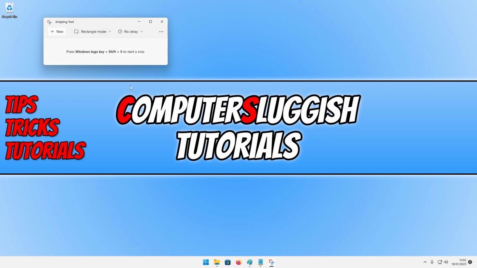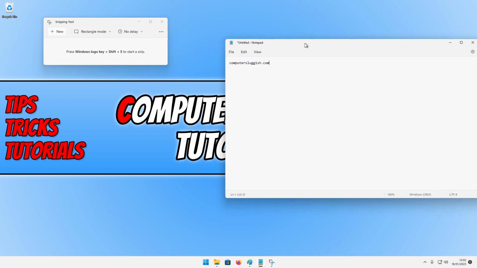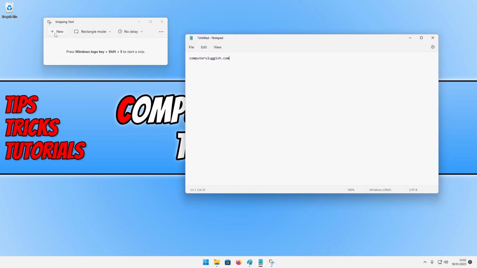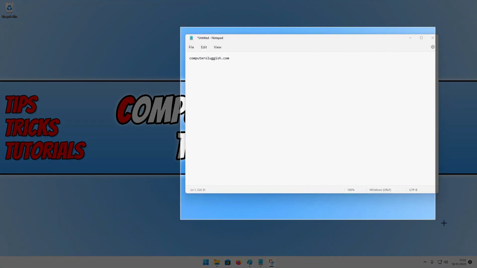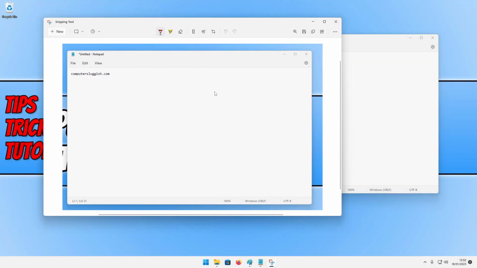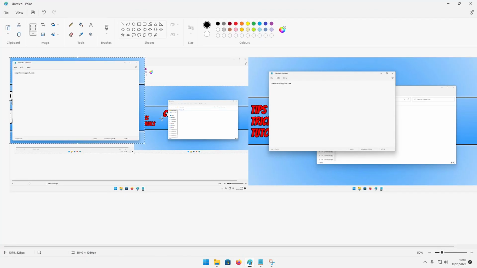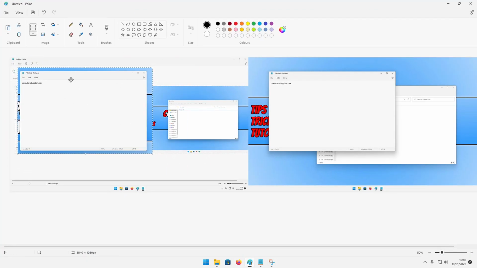This is my favourite mode for taking quick snippets of my desktop. So I'm going to use Notepad as the example. If I click on New, I can then select around Notepad and it's then taken a screenshot of that. I can then go into Paint and then go Ctrl V and you can see there's the screenshot that